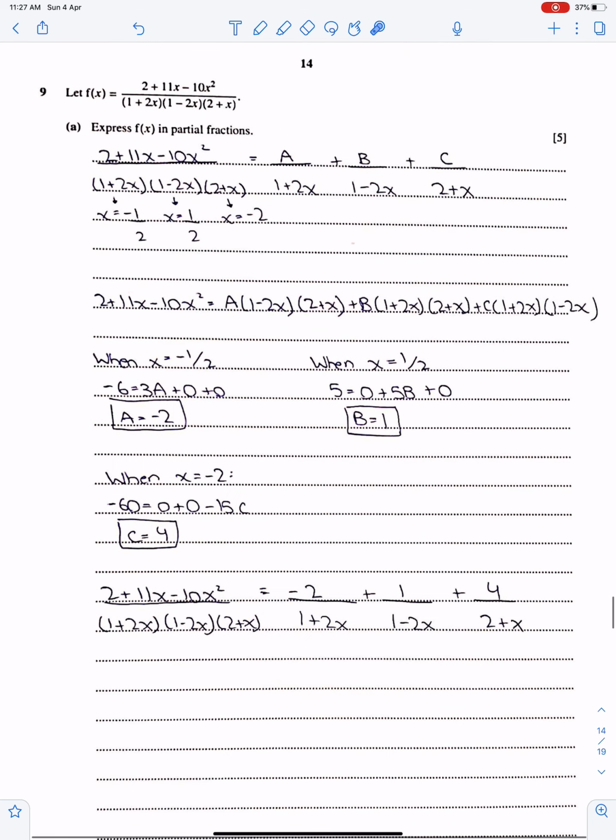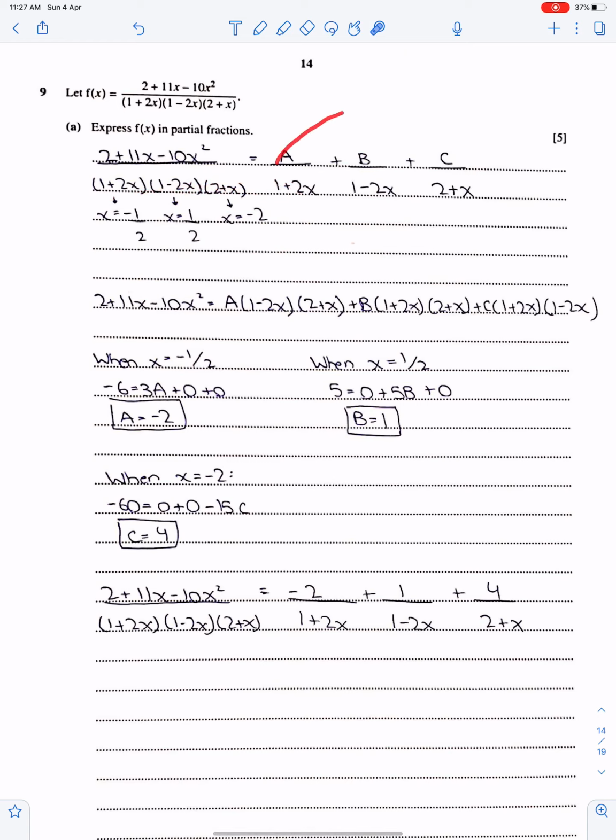This is the partial fraction question, a very simple question. All factors are linear, so use A, B, C in the numerator. We are getting 3 values, and we substitute these values one by one and get the values of A, B, and C.